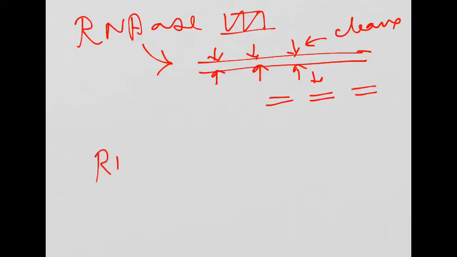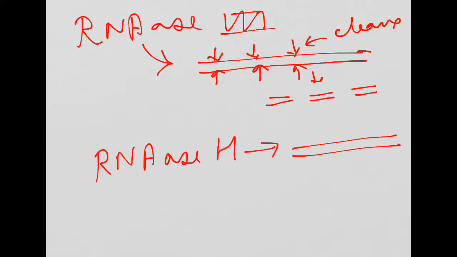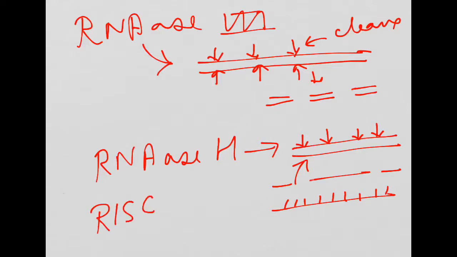And RNase H is another kind of enzyme that can bind to a double-stranded RNA molecule and it cleaves only one strand and degrades that strand, so that the other strand remains intact. So this is the idea of RNase 3 and RNase H kind of enzyme. RISC will have an RNase H kind of enzyme that will ultimately break the target mRNA molecule when the